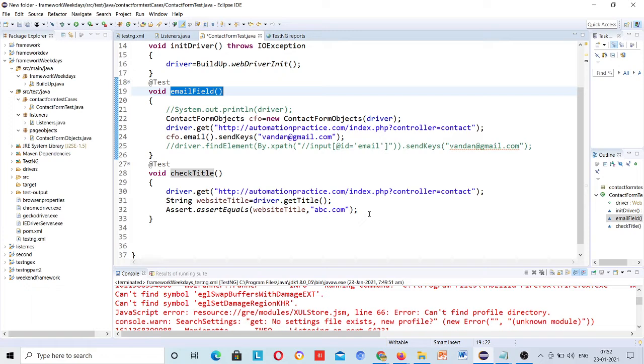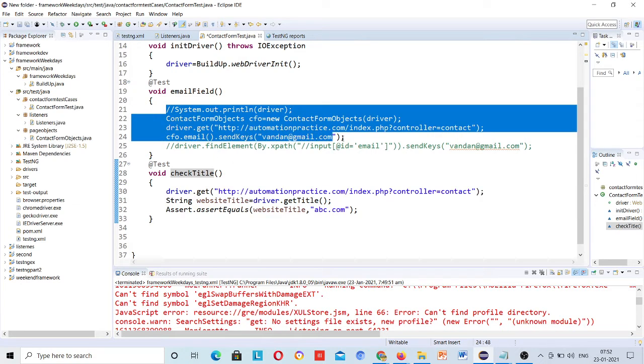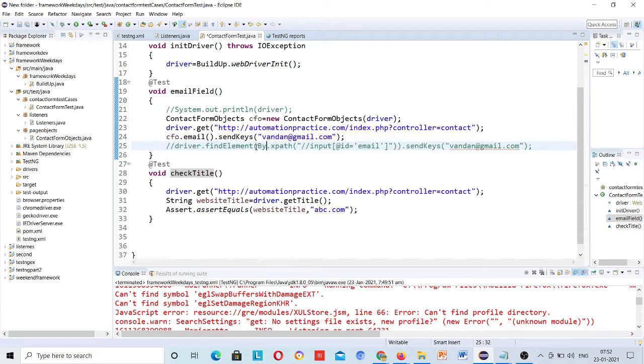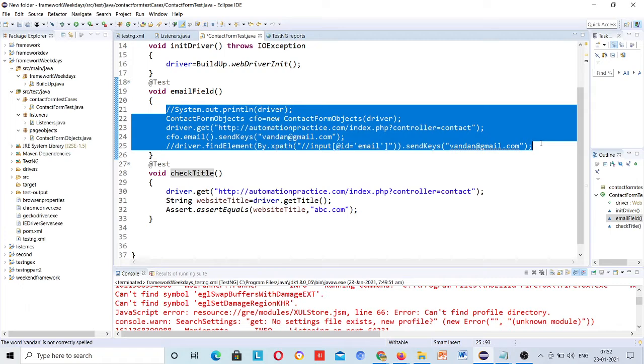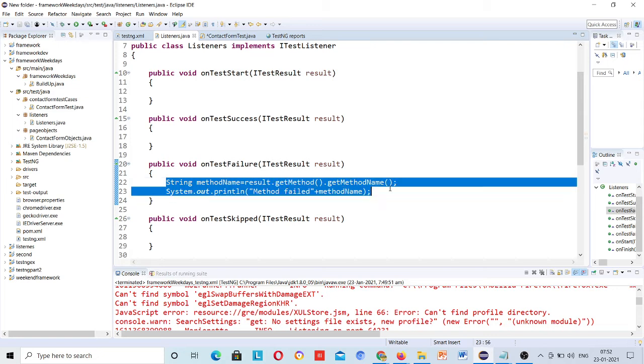If the screenshot code is here, it will be local to this method and will not be accessible by the others, right? So if we have 1000 test cases, then we have to write it in that many places. So our next thought is that we should keep that code in the listener, so once any test fails, then we have to keep it here.